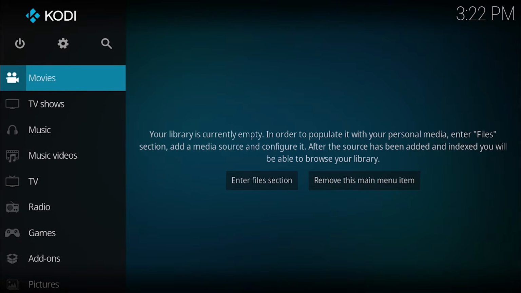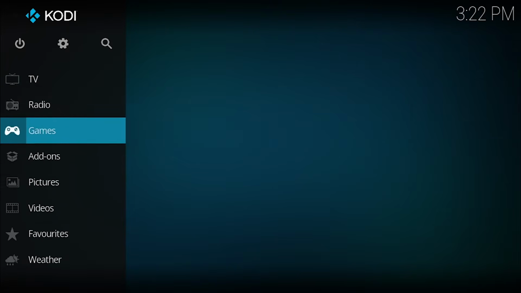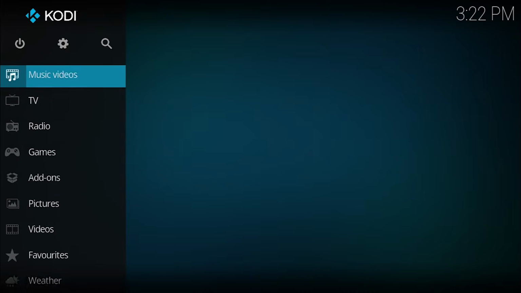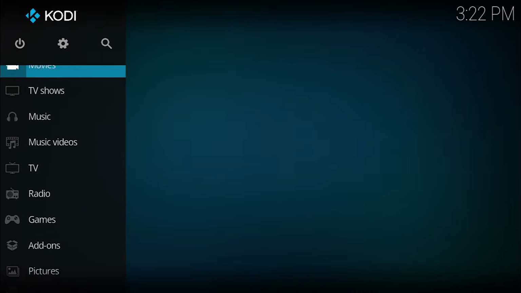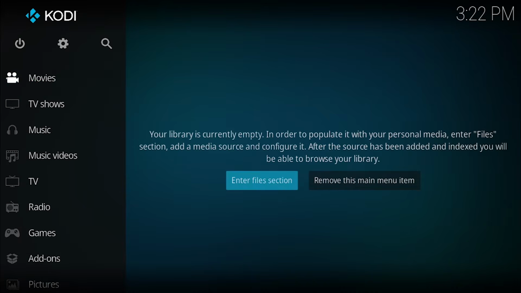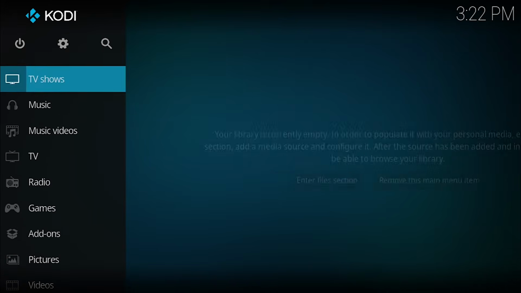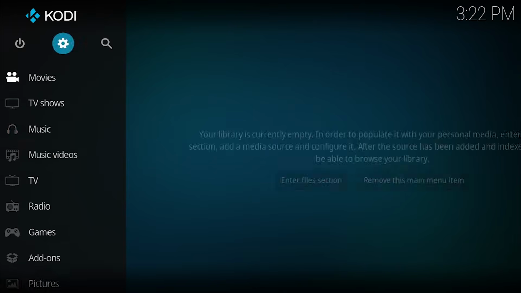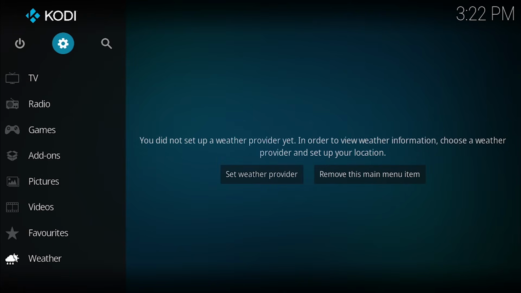Source pop up. You see a whole bunch of stuff, and it looks pretty self-explanatory, but it's really not. I mean, the libraries are empty. There's nothing in music, nothing in any of these things. So, what a repository is,